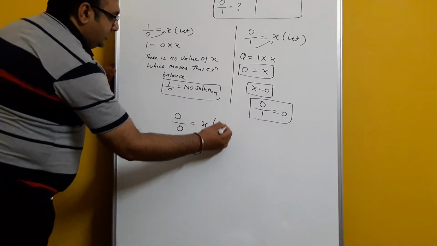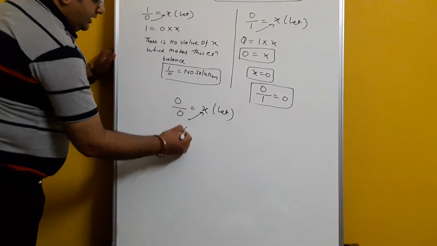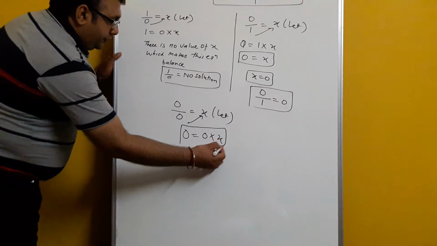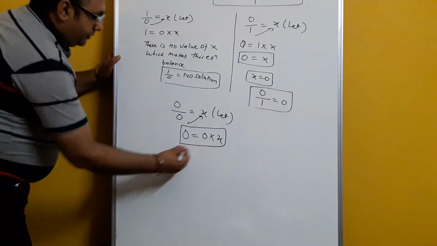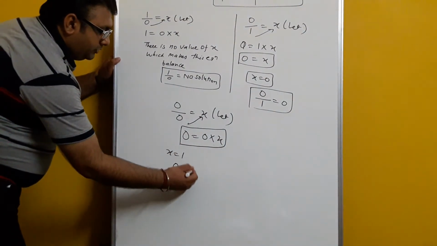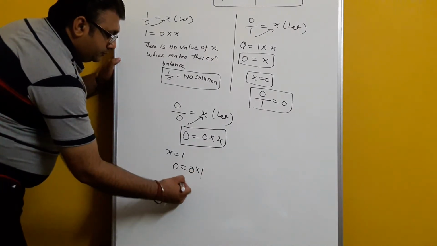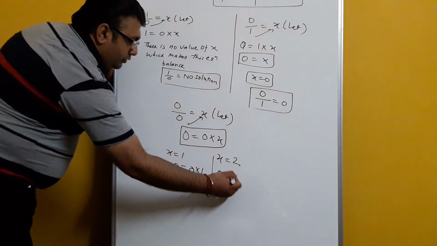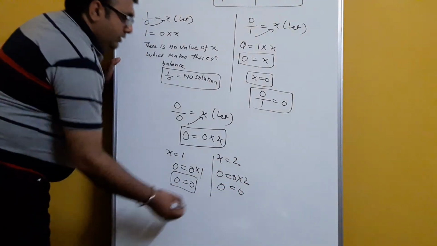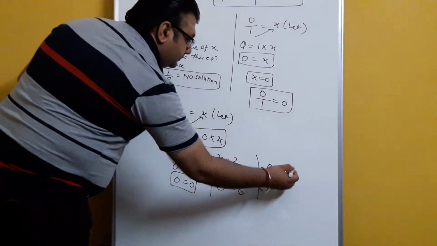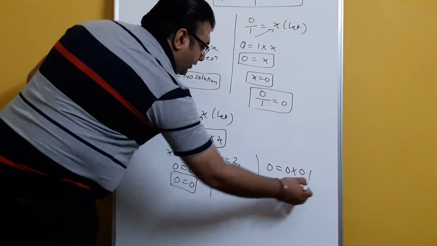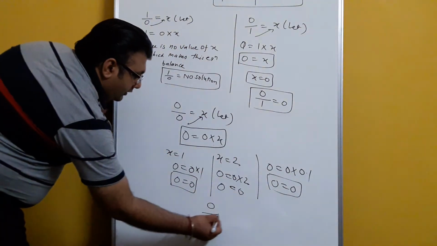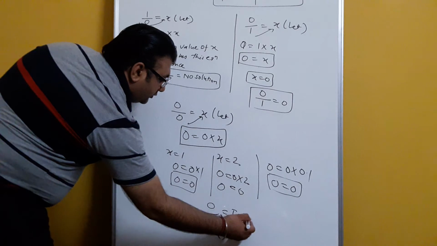Now what happens if we have 0 by 0? Again the same approach. Let us take this as x. If we take this 0 to that side, we have 0 equal to 0 into x. Now we observe that there are infinite values of x which make this equation equal. For example, if I put x equal to 1, we have 0 equal to 0 into 1, that is 0. Equation balanced. Similarly, if we put x equal to 2, 0 equal to 0 into 2. Again, the equation is balanced. If we put any value of x, say 0.1, again the equation is balanced. So we can say that 0 by 0 has infinitely many solutions,